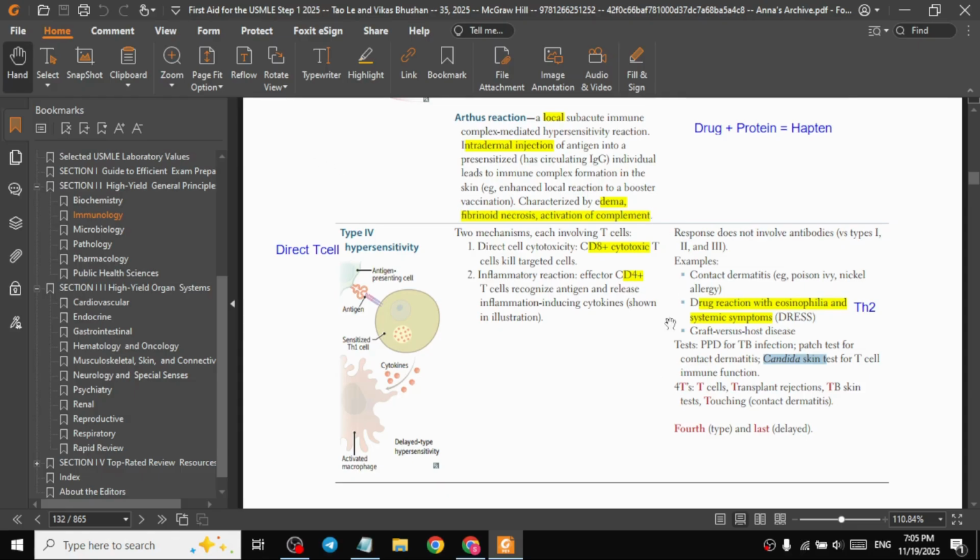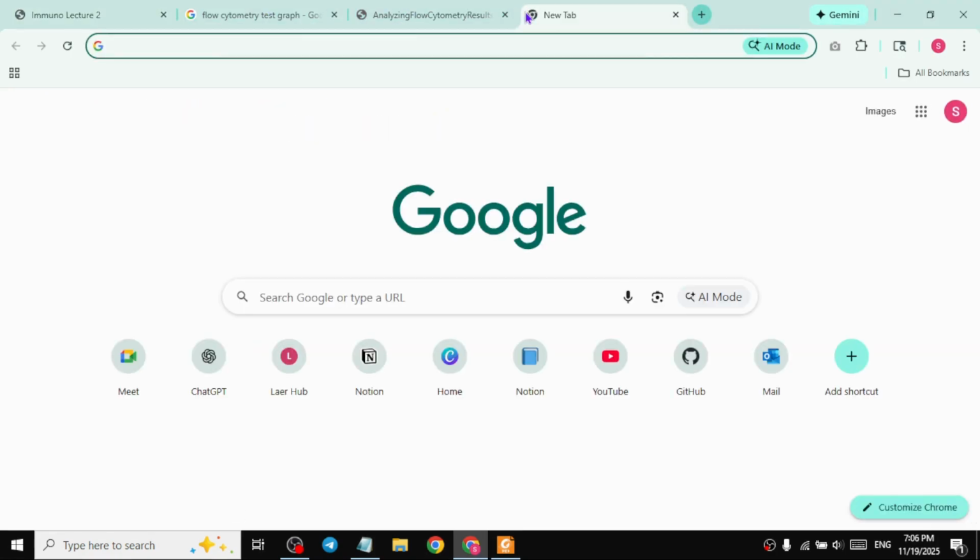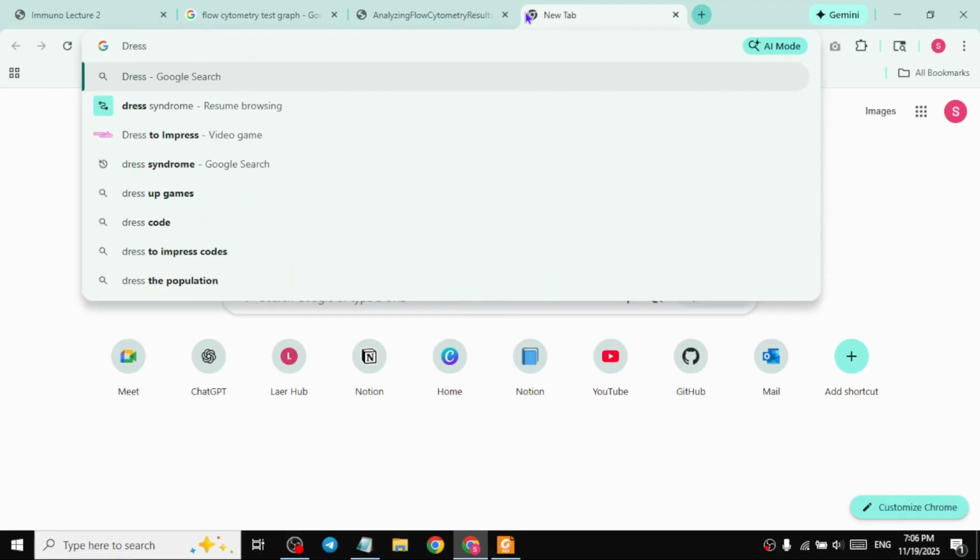That's not the case. Th2 cells are also involved in type 4 hypersensitivity, which means you're going to see eosinophilia here, okay? You get massive amounts of eosinophilia and cellular damage. If you look up DRESS syndrome, it's usually because of anti-epileptics like phenytoin, valproate, carbamazepine, all of that, right? So DRESS syndrome,